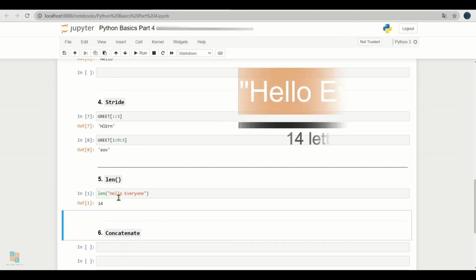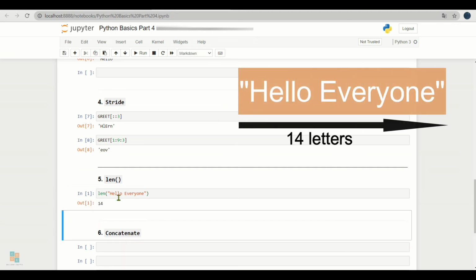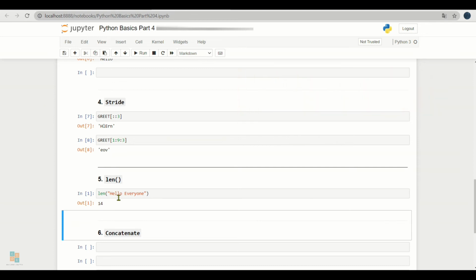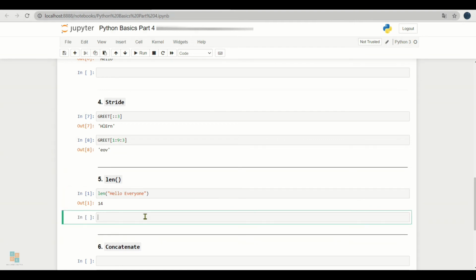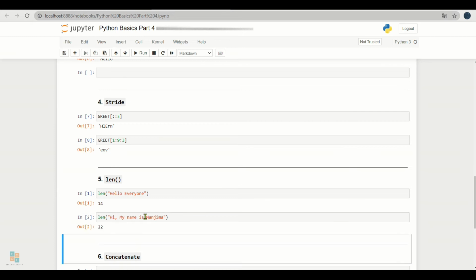As my string was made up of 14 characters including the space between the two words, my output is 14. Let's do one more. We need to add one code cell and write this. And click run. So this is the output. This is how you can check the character length of a string.